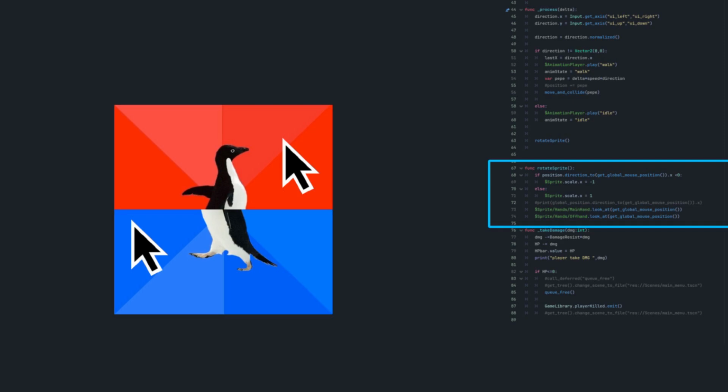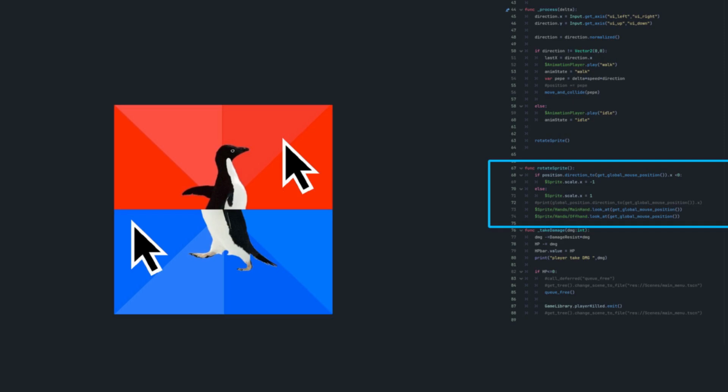Okay, rotate sprite: we take the direction from this player node toward the mouse, our current mouse position. The X, but we took the X only, so the direction, is it left or right?